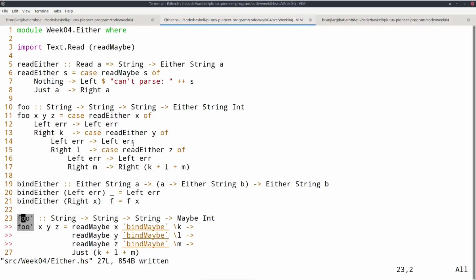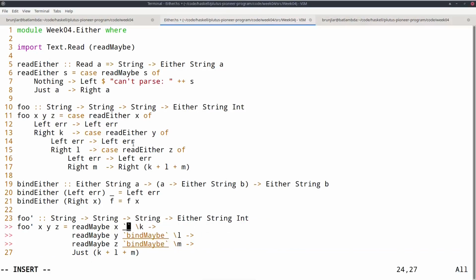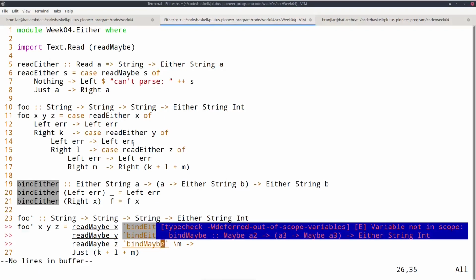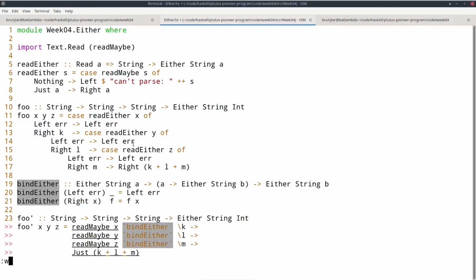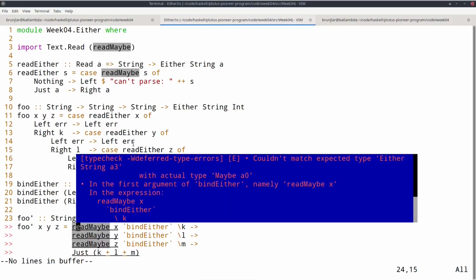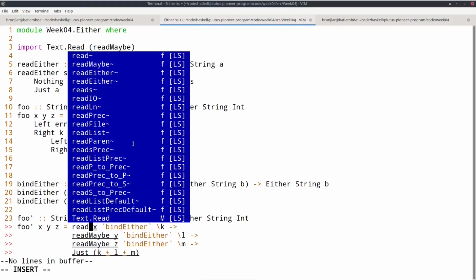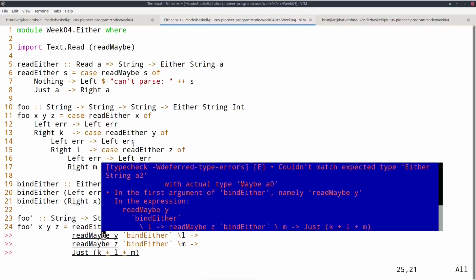And now in the same way as before, I can rewrite this foo in a much nicer form. I just have to replace each bindMaybe with bindEither. And of course here I have to use readEither instead of readMaybe.